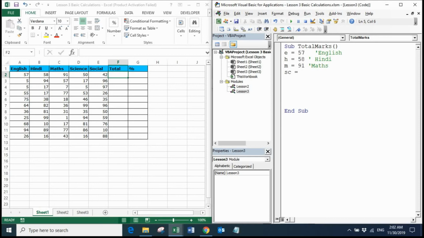It is not necessary that you choose only a single character. In this case I'm choosing single letters, but you can use an entire word. So science is 50. Then social is 42. Okay, so now I have 5